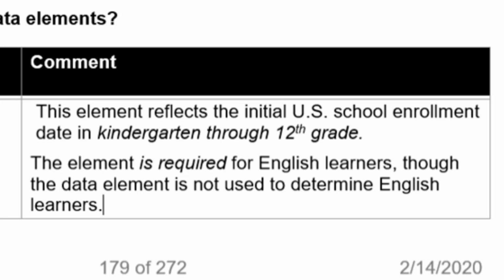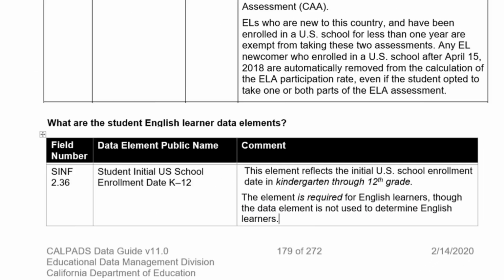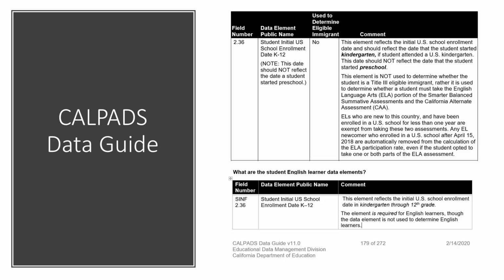Then at the bottom, it says this element reflects the initial U.S. school enrollment date, kindergarten through 12th grade. This element is required for English learners, though the data element is not used to determine English learners. So it gives you the various documents, detailed descriptions of how and what CALPADS is looking for, why this data